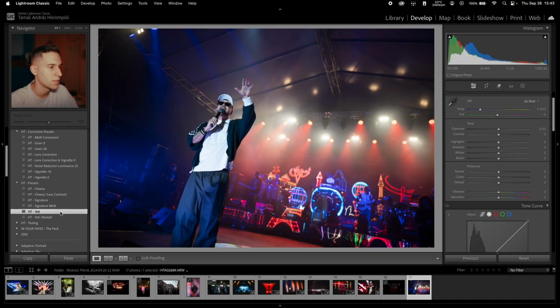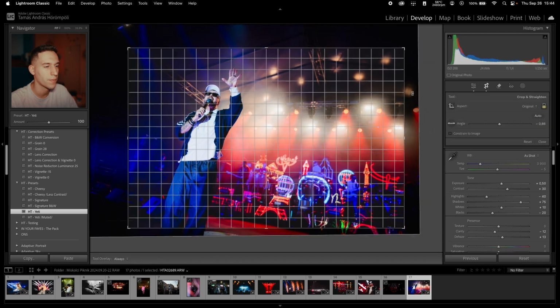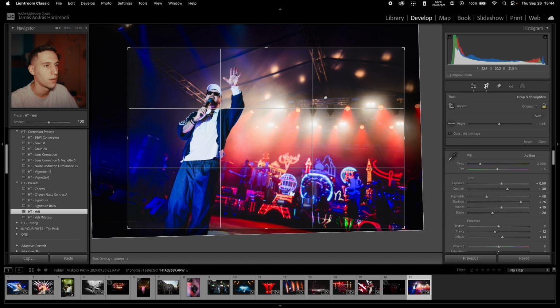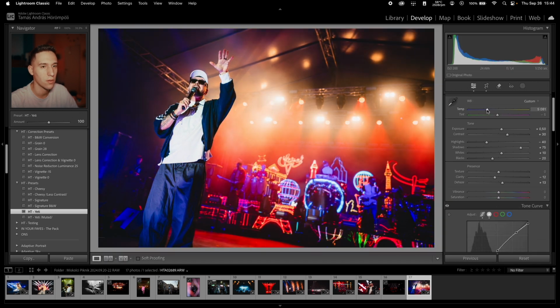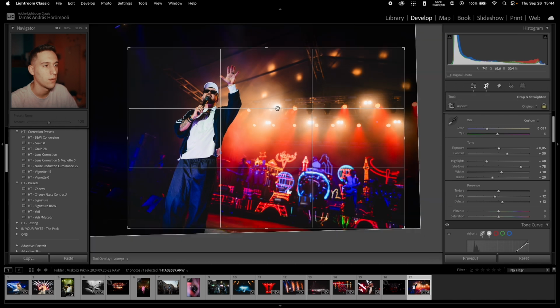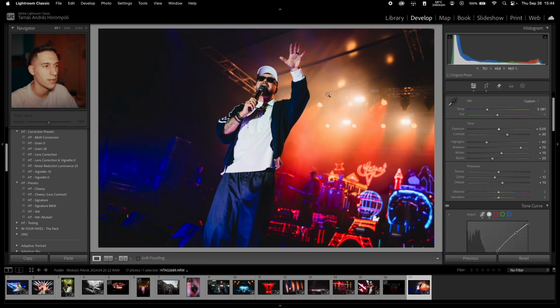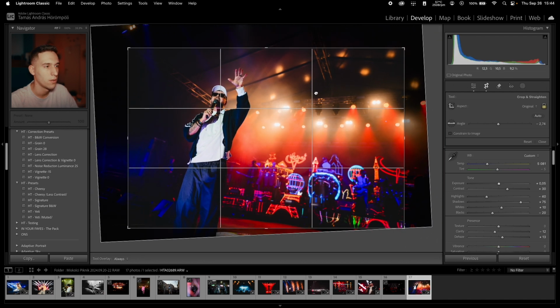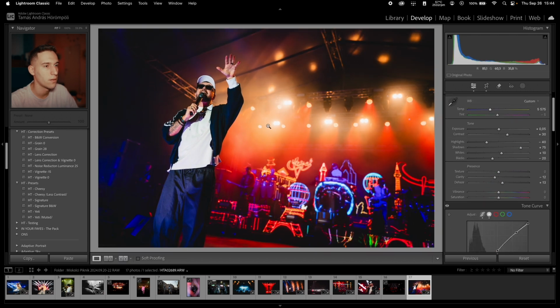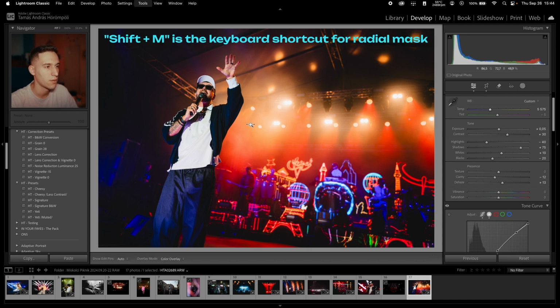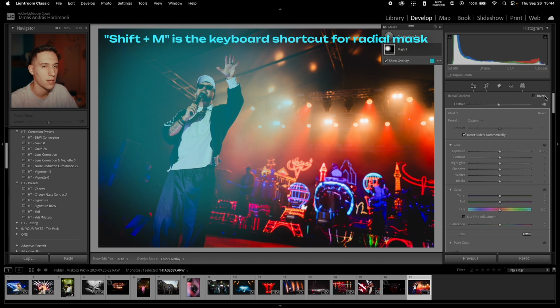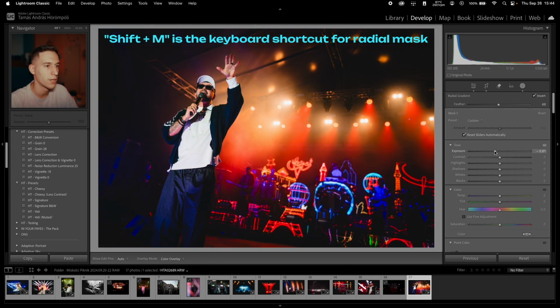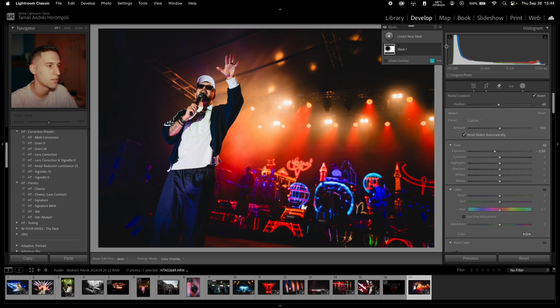If you look at this picture, this is also composed in a way that it is not always in the center, because I think it is much more interesting if you don't always put people only in the middle. Let's say that you shot it like this. It would be, in my opinion, a much more boring photo than if you edit and shoot it like this, because that way you lead the people's eye to the performer. And for example, in this case, you can use a radial mask and draw even more attention. And you can see how big of a difference it makes even just using one radial mask and adjusting the